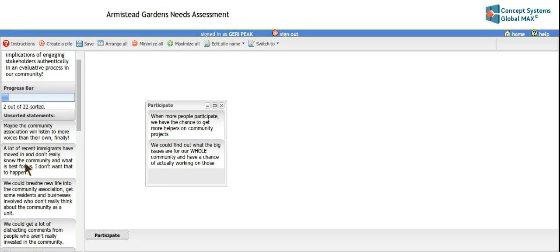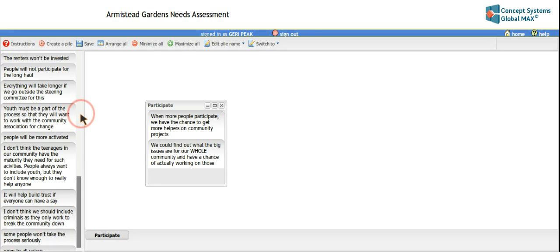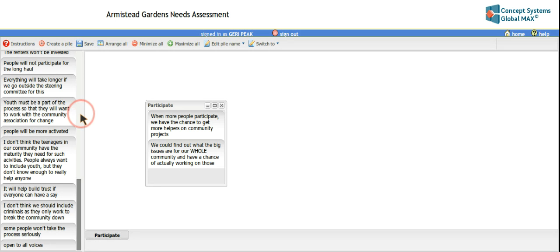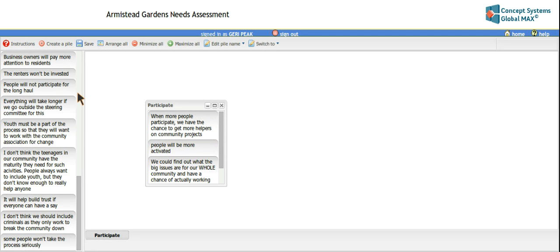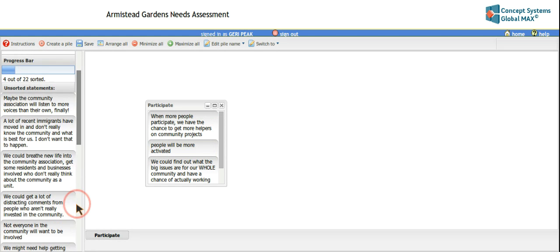Now you notice that 2 out of 22 are sorted, and you still have all the other items. You can slide down and read them all now and look for anything else that's participate. Like here's open to all voices. It's the last one, but I'll go ahead and put it in because I saw it. People will be more activated. I think that's also participate. So you could go through and look for the different items that go into that cluster,